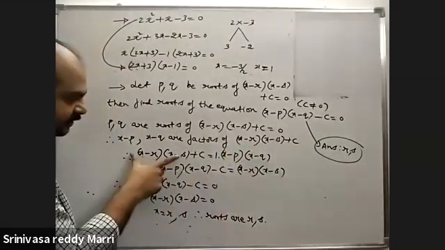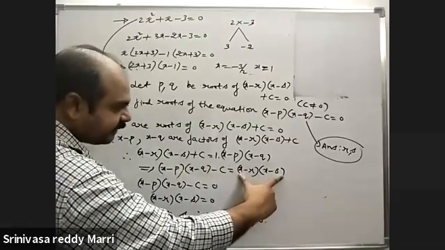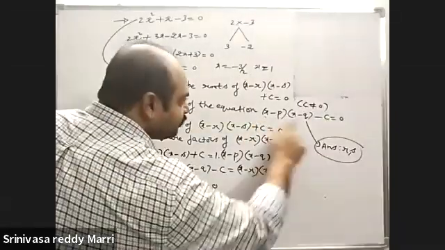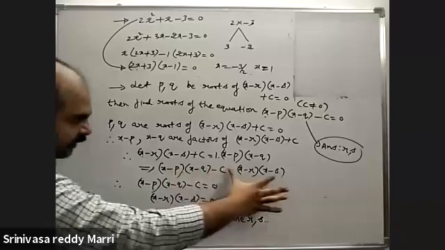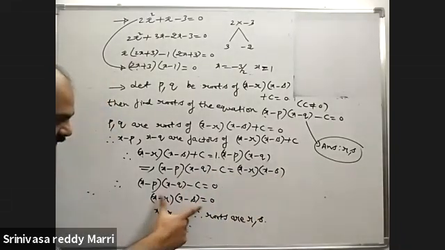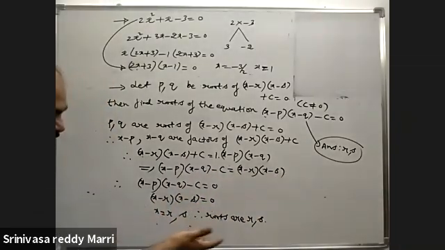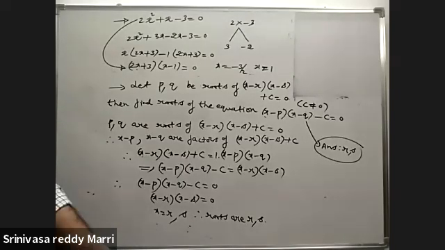After writing this, bring minus c to that side. This minus c equals x minus r into x minus s. Now he is asking the roots of this equation, which you have to solve. From the previous one, x minus r into x minus s equal to 0, so you will get the roots r, s. That is the factorization concept. Whenever the roots are given, take that expression as a product of two factors.